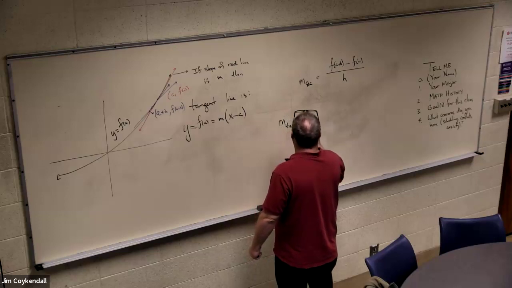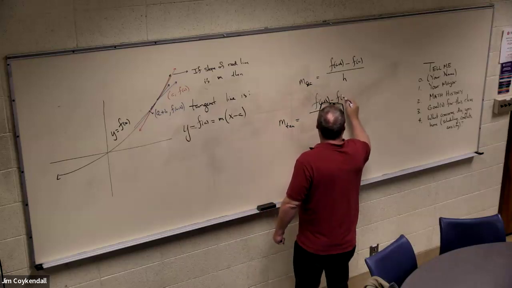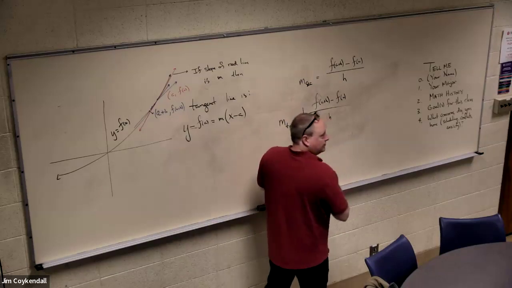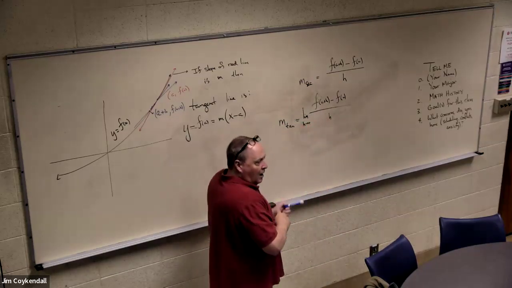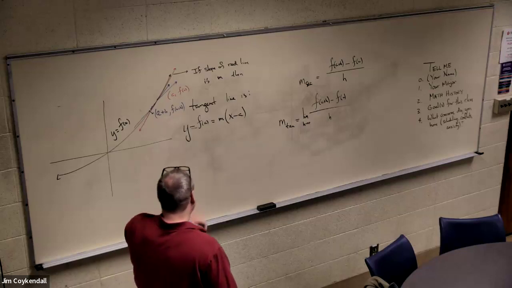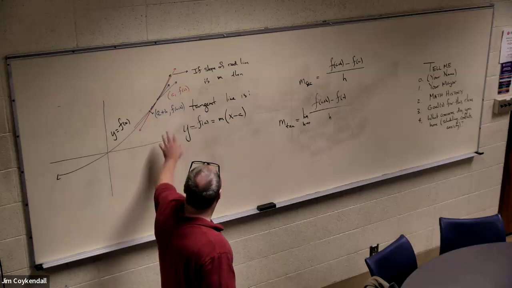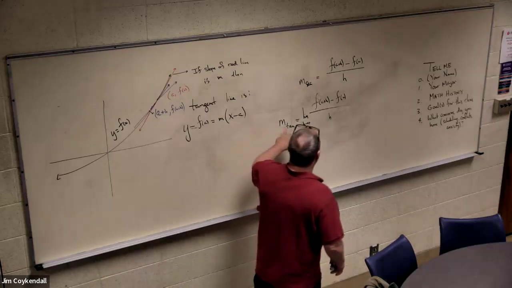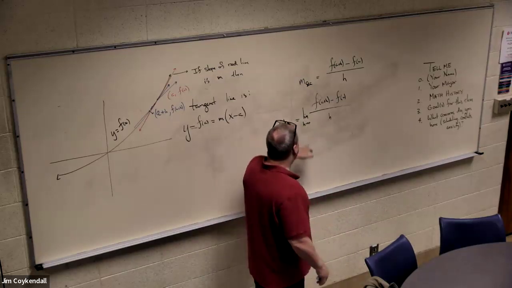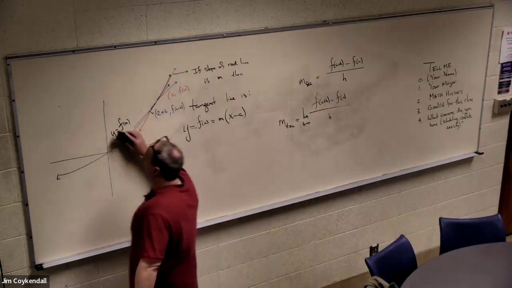So the tangent line is this difference, and then take the limit as h goes to 0. That was the whole idea behind this right here. And this is where the notion of derivative comes from. And of course you need to know when this exists. Right. So for example,